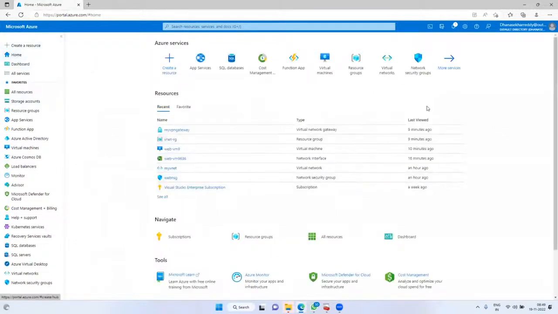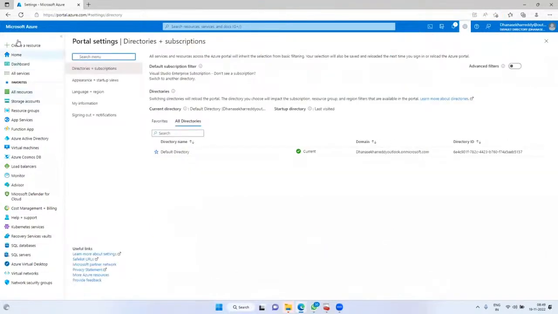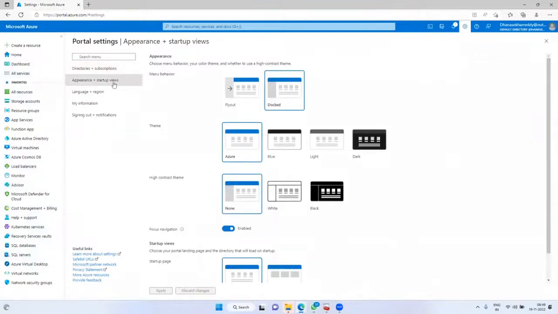Next, the third option is these settings. We have 3 options: settings, the notification bar, and cloud shell. First, I am going to cover settings. Now just click on settings. If you want to add this menu permanently, or remove it, you can go to appearance and startup views. Here we have 2 options, flyout and docked.